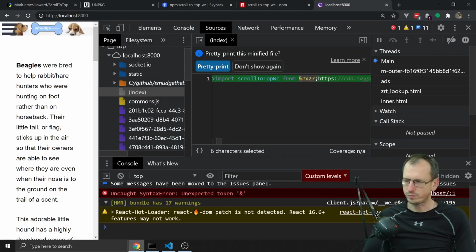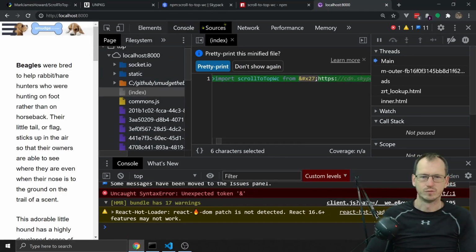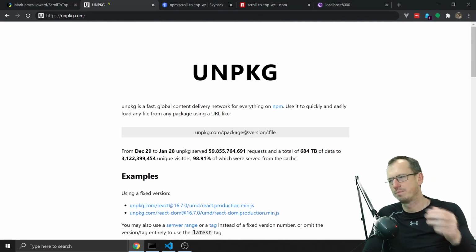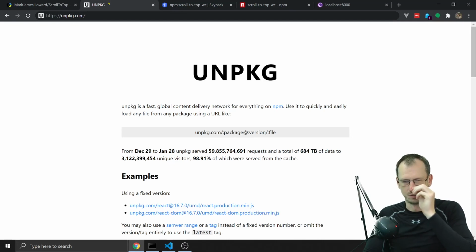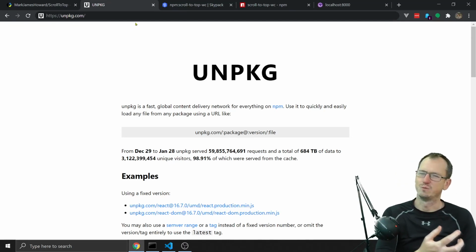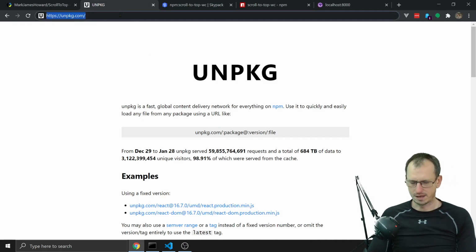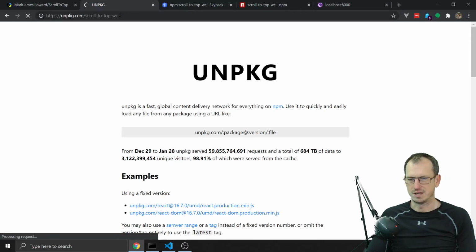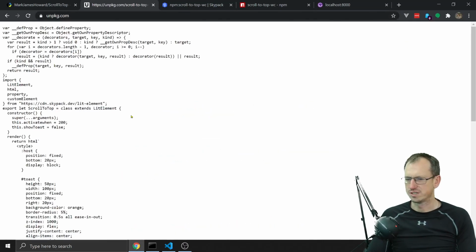Right, and now the way that I found that actually worked, it's actually on unpkg as well. So when you put something on npm, it gets grabbed into a lot of other websites. So unpkg has got scroll to top. So if I look in scroll to top WC on unpkg, you can see it's there. It's still pulling in from the CDN, but if I grab this script,